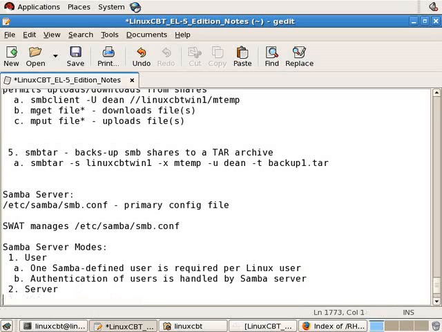In server mode, I will list server/domain, which is another mode that's similar to server mode, but in domain mode, the authentication is performed by any domain controller. But in server mode, as well as domain mode, either mode,